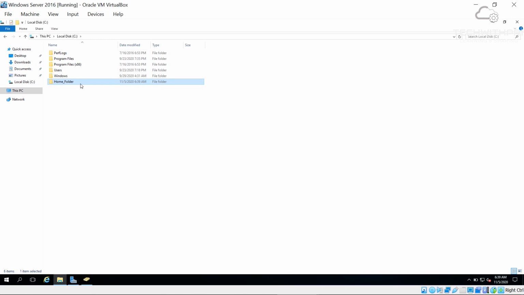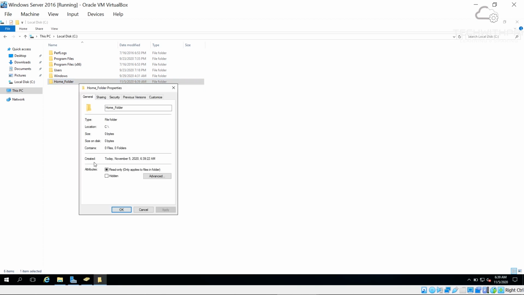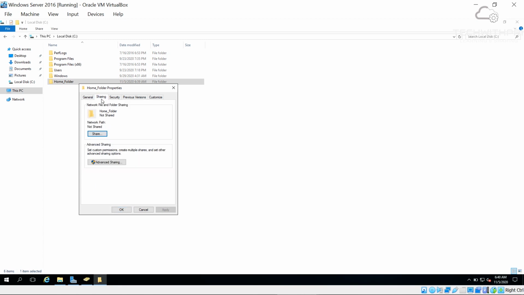In this home folder, every individual like Harry, Robert, Sin, all will have their folders to store the data, right? So for that, I'm going to click the home folder and go to the properties, and I'll go to the sharing option because it needs to be shared so that it can be accessible by all these people like Harry, Robert.